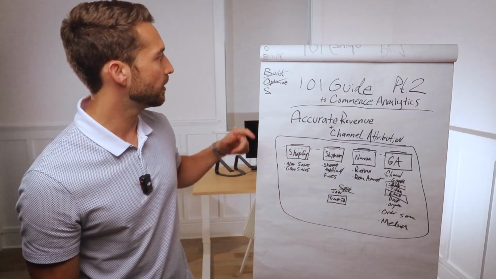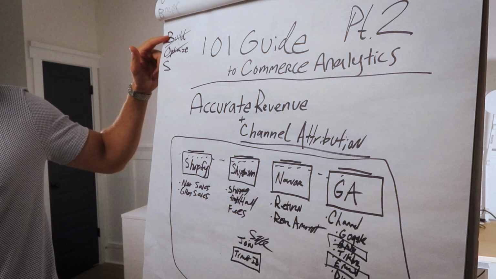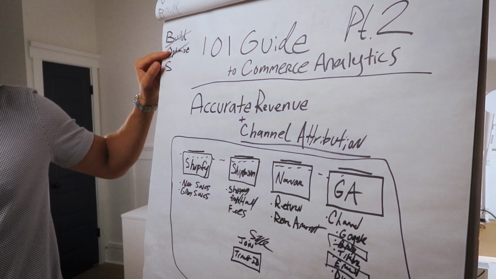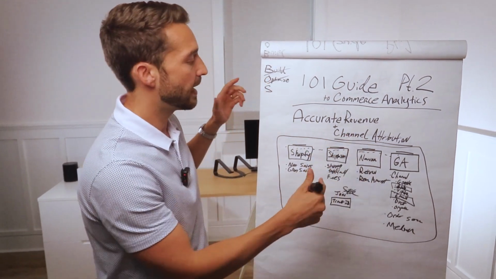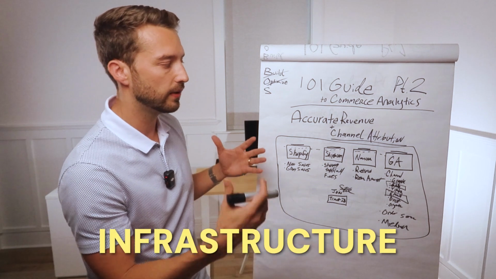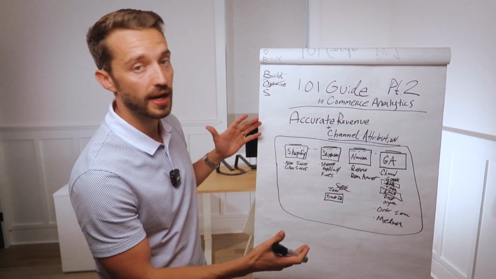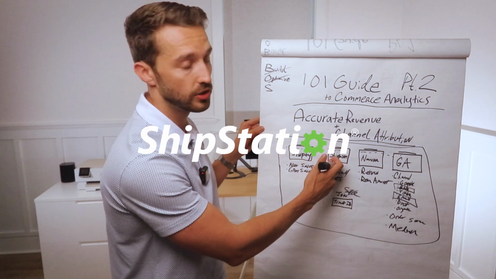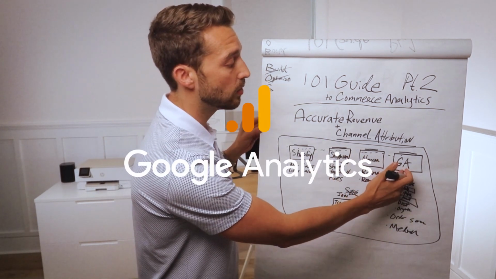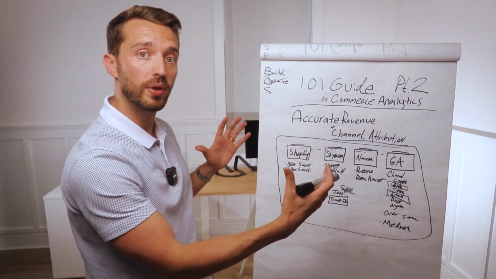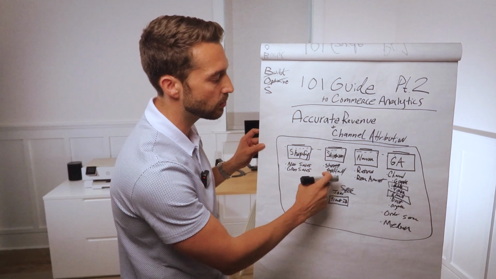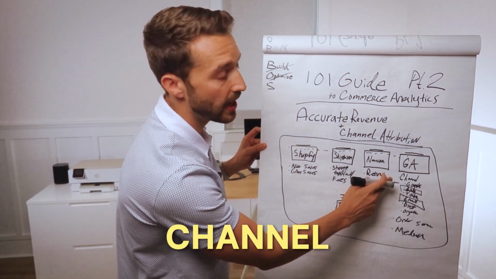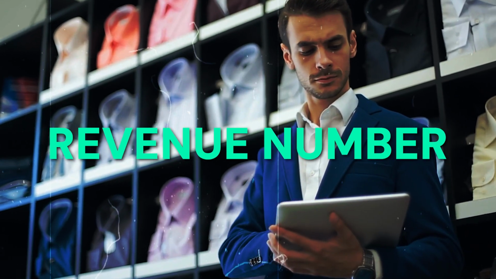As a quick recap, we've already covered build in our 101 part 1. We just covered optimize in our part 2, where we talked about accurate revenue and channel attribution. So after we had everything set up with our tech stack and our infrastructure, we then pulled together a use case here of taking Shopify, ShipStation, Narvar, and Google Analytics data, put it all into one platform where we pulled in some very key data points from our net sales to our shipping fees to our return amounts to even our GA channel breakdown. And what we highlighted is how to get to true profit, your real revenue number, and